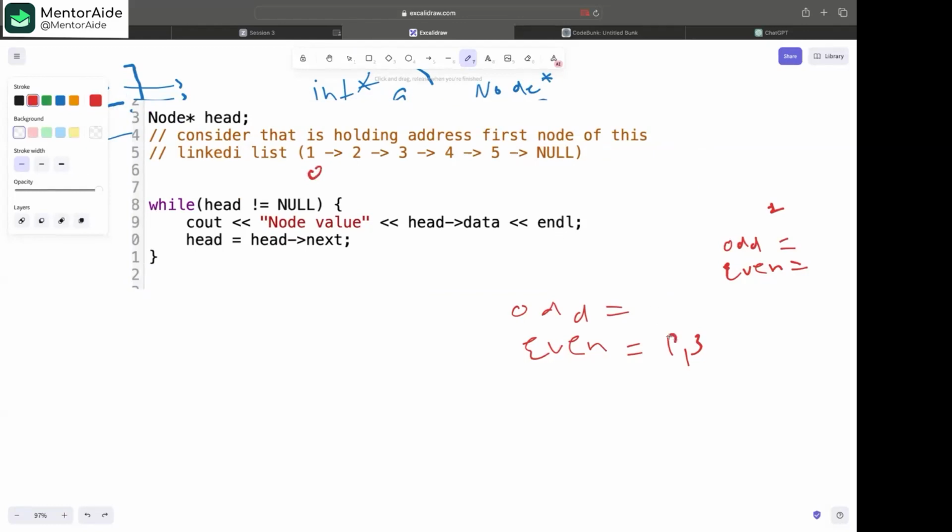So 0 will go here. This is representing the index. Now 1, is 1 odd or even? Odd. So this one is odd. Sorry, 2 is odd or even? Even. So this one is even. So simple thing is,